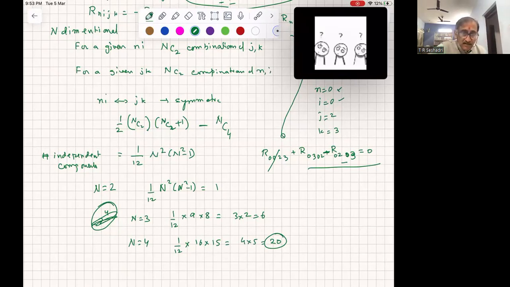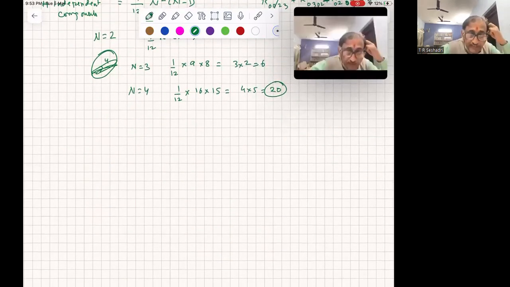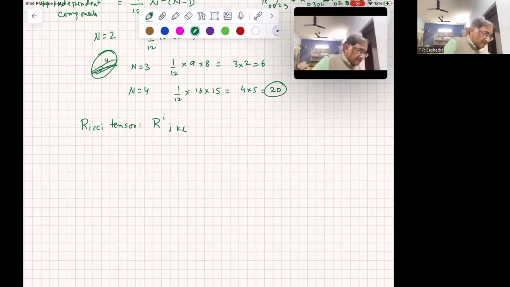Okay. Now, I will define some more tensors, and the motivation is that they will be useful later. There is something called the Ricci tensor. The Ricci tensor is got by contracting this one. So I have Rijkl, and what I do is